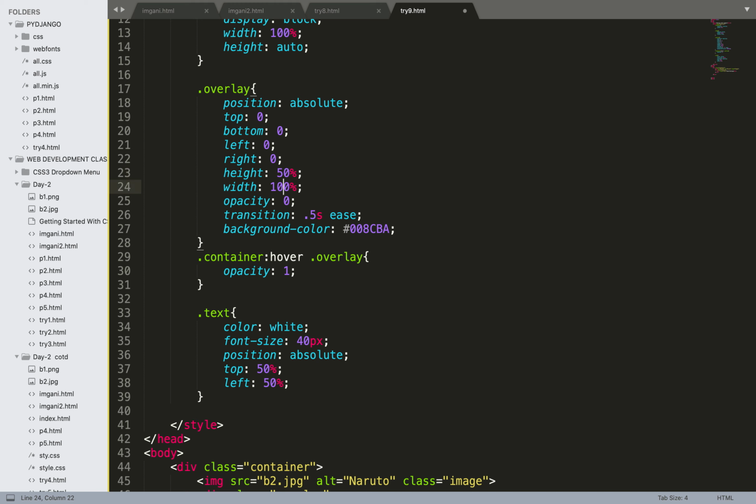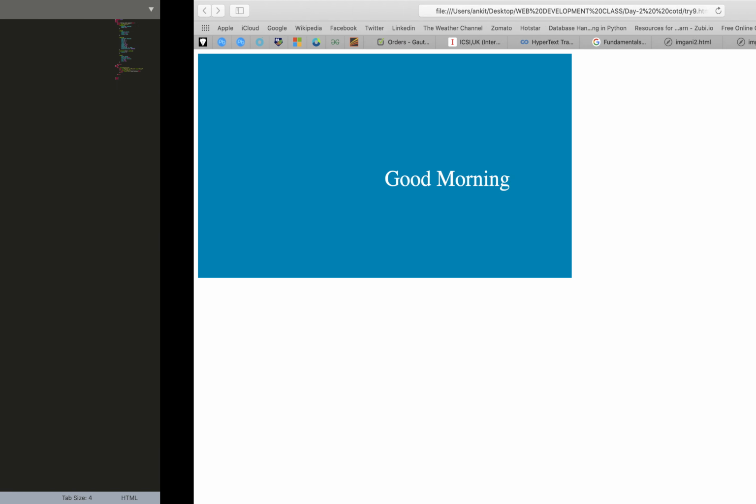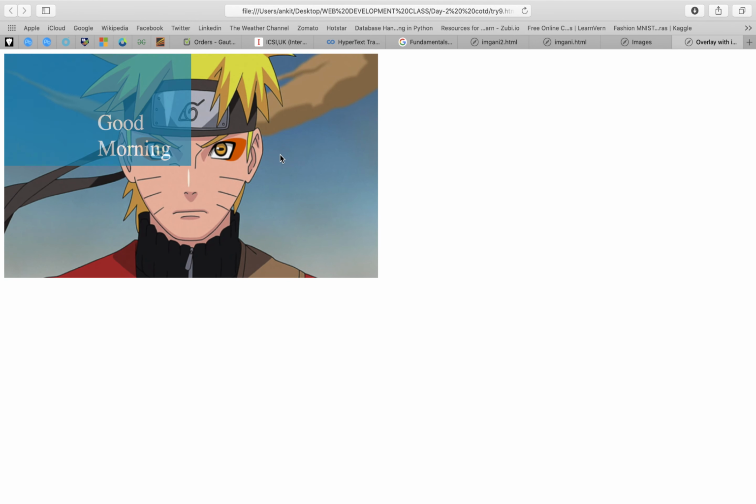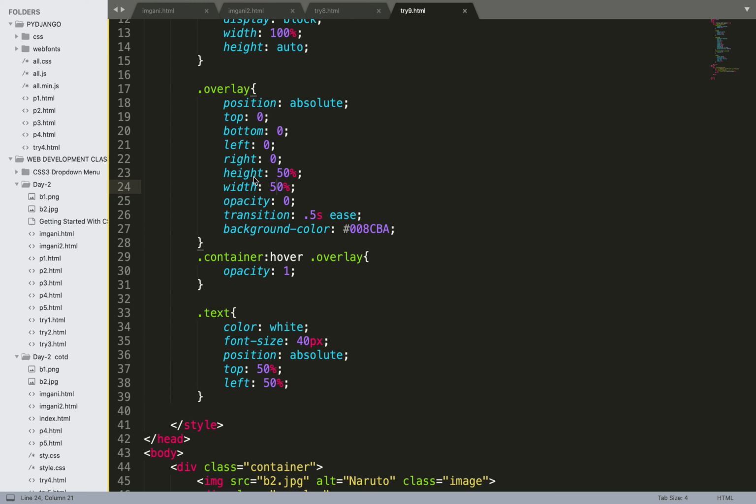Let's add 50%, so it will be covering only 50% of the image. Now let's see the change. Got it? So how much part we want to cover, this was the thing. Okay, now another thing I showed you, like the overlay part was coming from up. Fine. For that, what we need to do is,